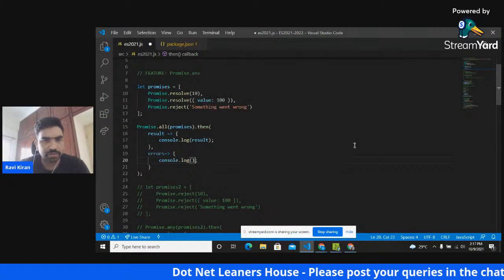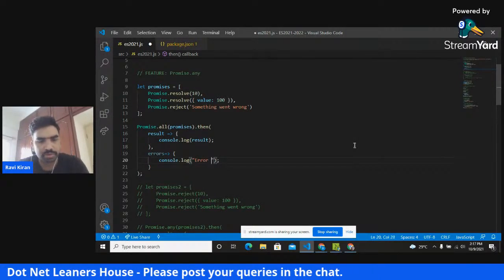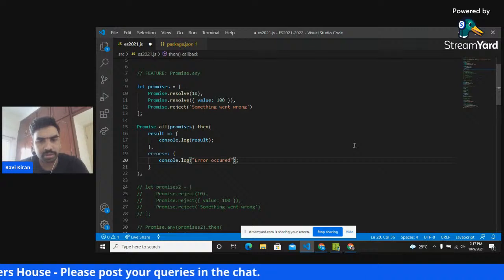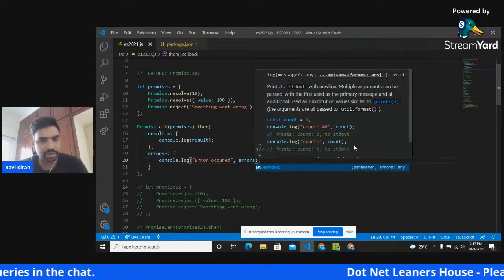To make it clear, I'm going to print the errors object.